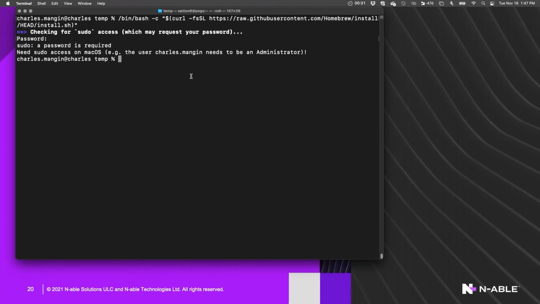And when that runs, you'll see it go through and download files and install things into various places in your file system, and give you, among other things, a way to install PowerShell.